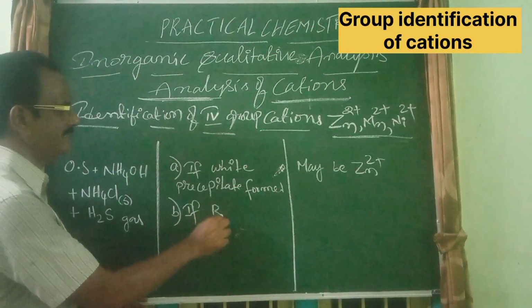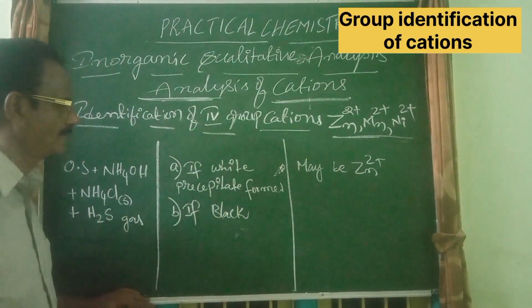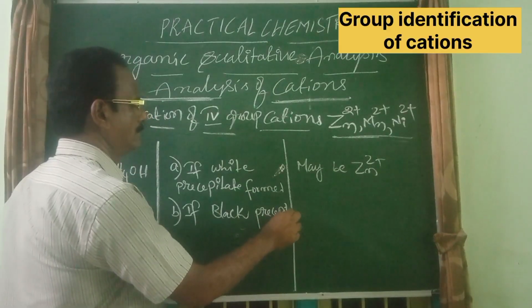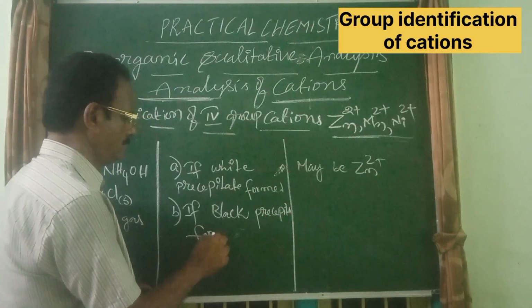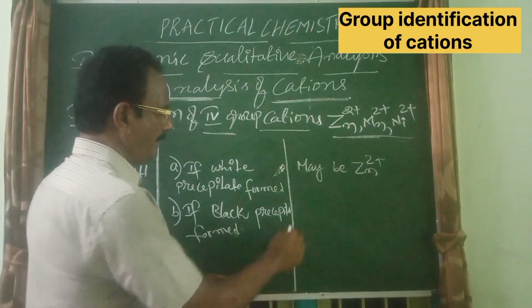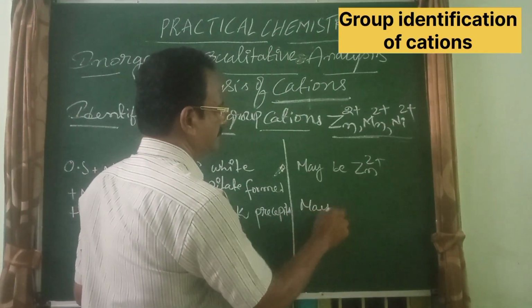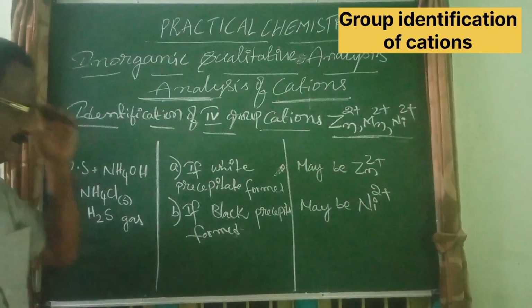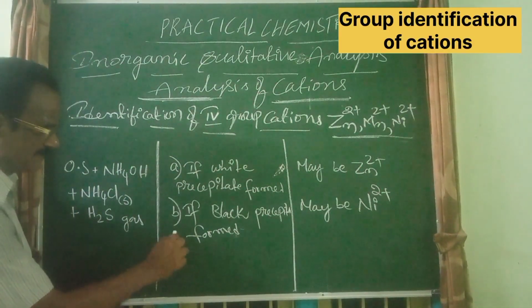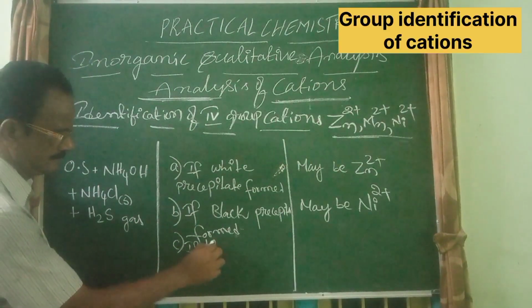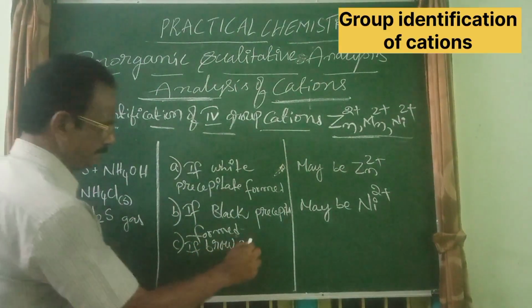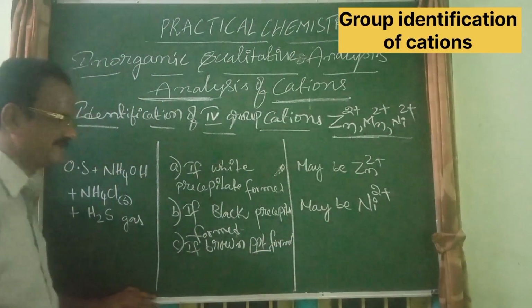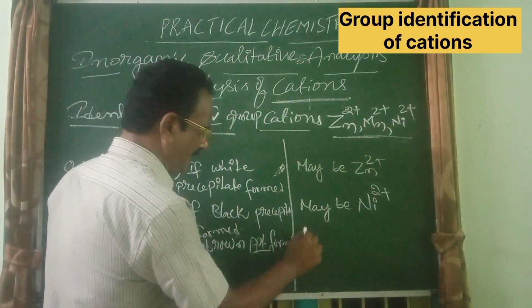If black precipitate is formed, maybe Ni2+. If brown precipitate is formed, maybe